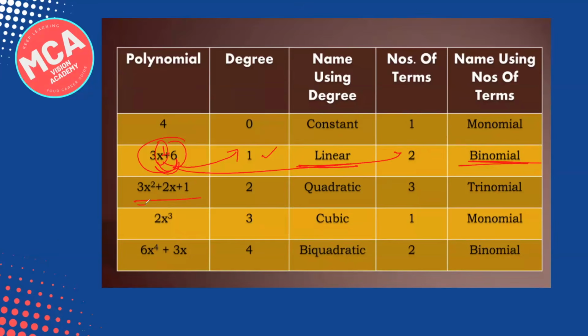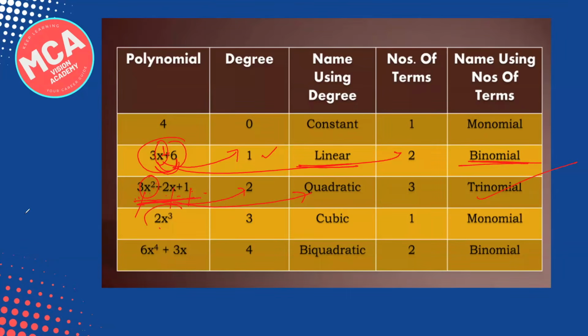अगेन हियर इट इज 3x स्क्वायर प्लस 2x प्लस 1. चेक इट आउट, द हाइएस्ट वन x का स्क्वायर है तो इसका डिग्री इज 2. दिस टाइप ऑफ इक्वेशंस वी कॉल एज क्वाड्रेटिक. एंड इसके पास कितने टर्म्स है? तो देयर आर 3 टर्म्स इनटू दिस, 1 2 3, सो देयरफॉर इट इज ट्राइनोमियल. कमिंग टू दिस वन,